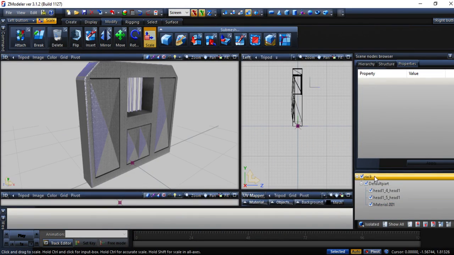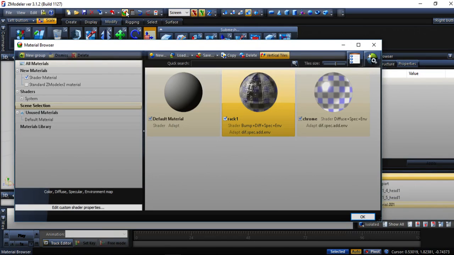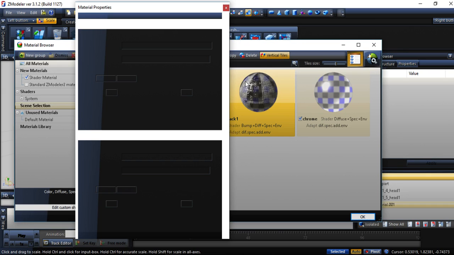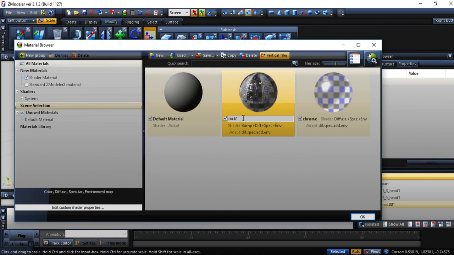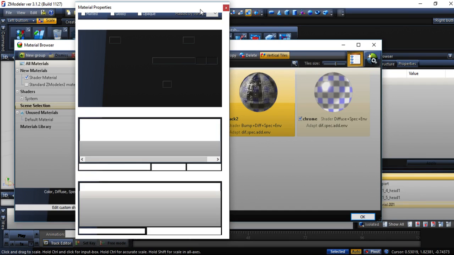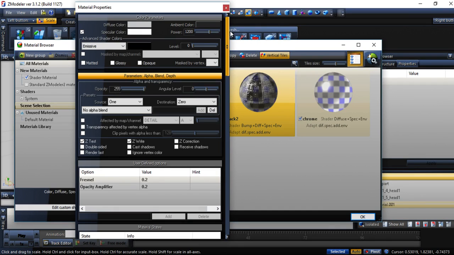Okay, now I'm just gonna add one here. I think I did something wrong. Oh yeah, I didn't. It's okay, really. We can adapt. Change the name from rack 1 to rack 2. And for the gold texture I used